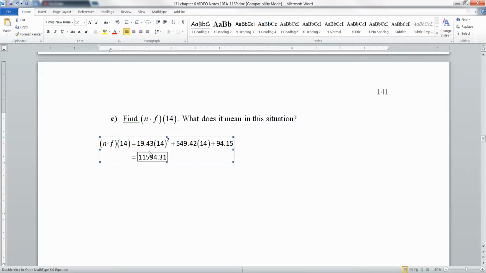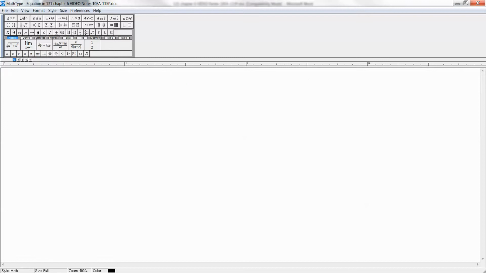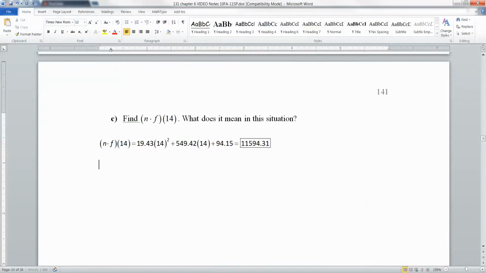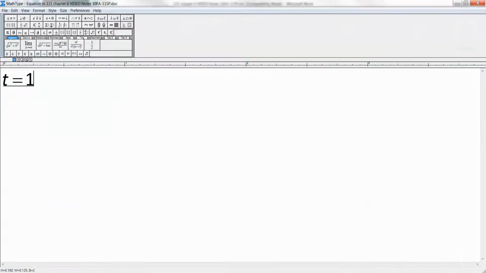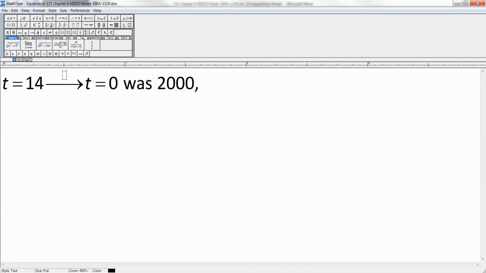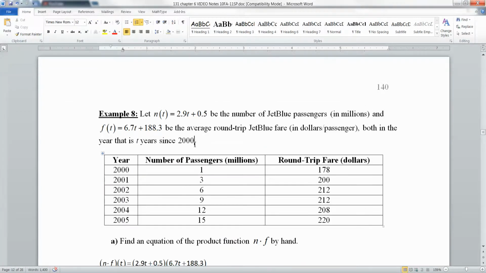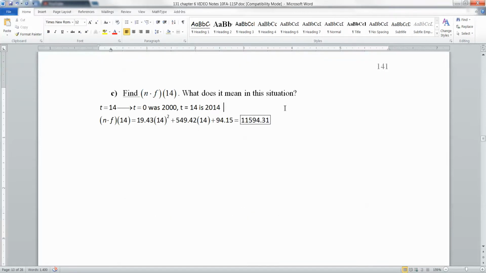So they said, what does it mean? So we found what it was. Make it all one line here. And now we have to figure out what it means. So remember that 14 was t, right? So t equals 14 implies we're talking about after, let's see, 2000 was our starter year. So t equals 0 was 2000. So t equals 14 is 2014, if I'm not mistaken. Let me go back. Yep, our starter year was 2000 right there. Okay. All right, so in 2014,